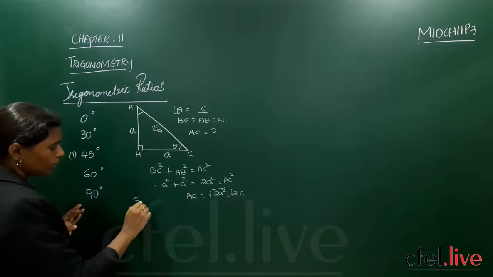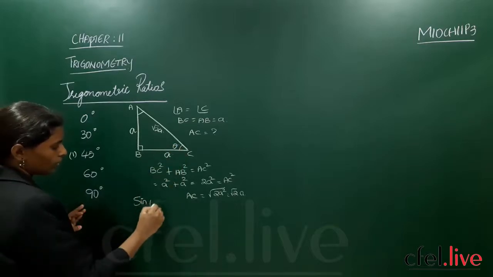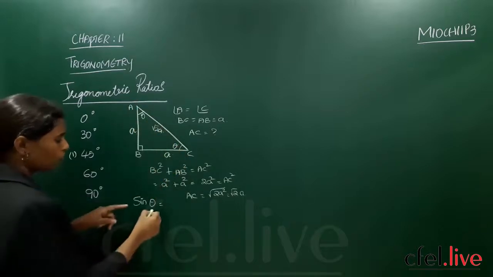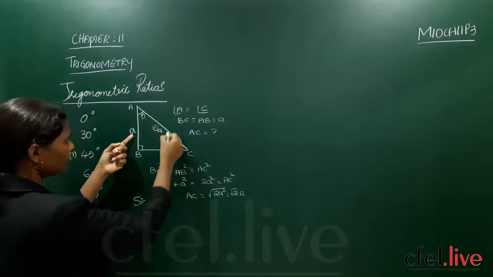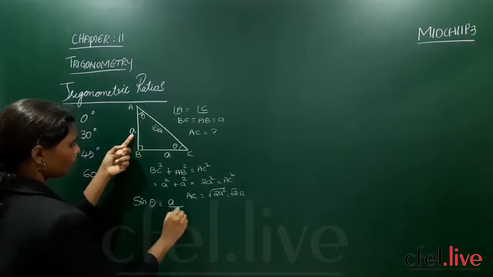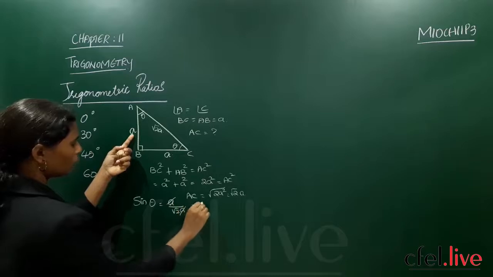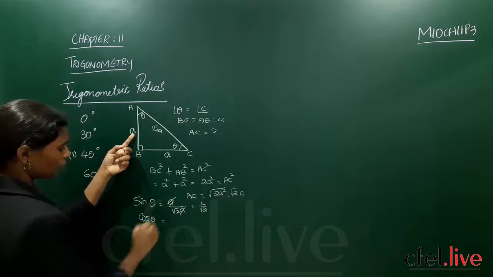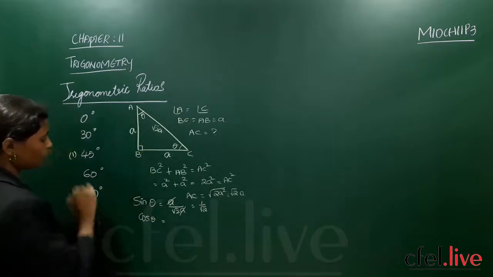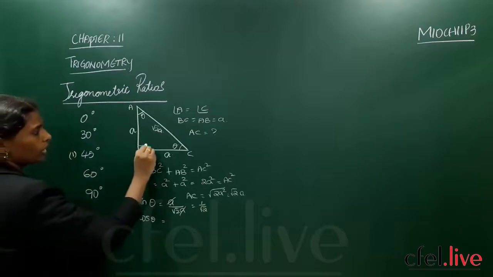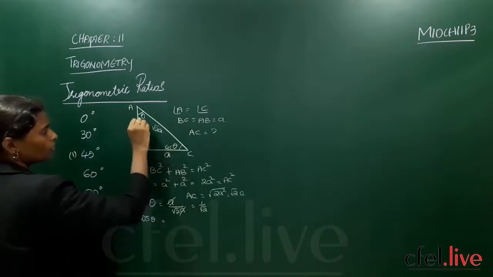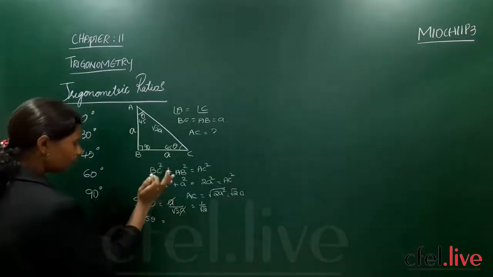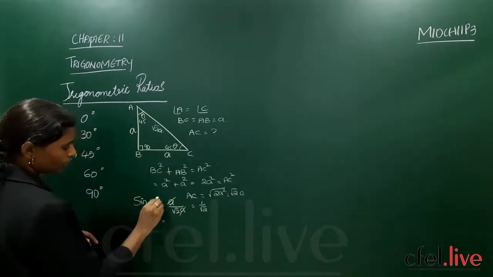Now see carefully. Now sine theta. If you stand here also the angle is the same, here also the angle is the same. So sine theta means opposite by hypotenuse, that is A by root 2A. A got cancelled, you got 1 by root 2. In the same way cos theta is equal to, now what is the theta here? 45 degrees. We are seeing for 45 degrees. If this is 90, 45 plus 45 is again 90. So 90 plus 90 is 180. So instead of writing theta here, I will go with 45 degrees.